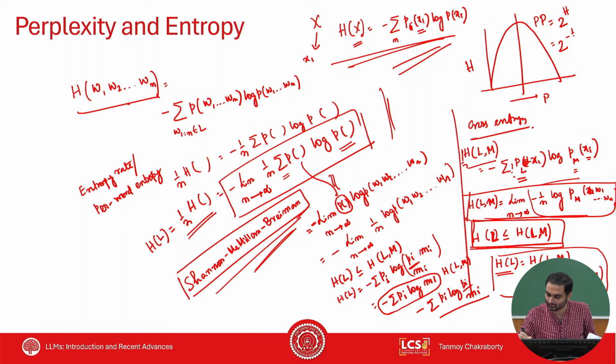This is minus 1 by n log of p of w1 w2 dot dot dot wn, right? So you move this to the power of probability, okay? Then this log and 2 will vanish because it's the power of 2, base is 2. So this is going to be p of w1 w2 dot dot dot wn to the power minus 1 by n,